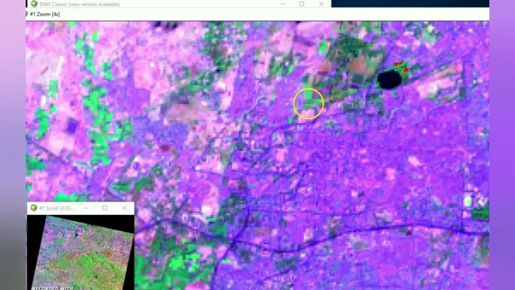The color used here is red. So you can point out the area of interest marked with the red color where we have the vegetation. Again on the left side you have more vegetation.